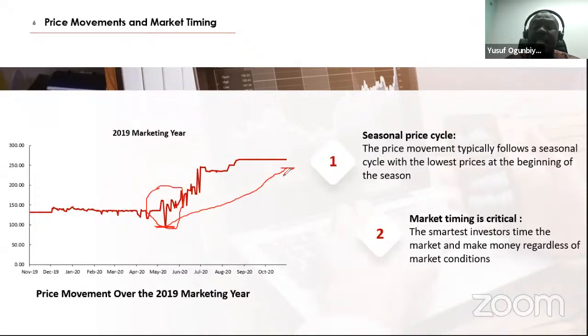So even though prices are at their lowest during harvest, we still have intra-season movement that allows investors to make some money as the prices go up. So that's one thing we should also know. Number one, in entering the market, you think about the cropping cycle and how that affects price movements. And then one thing you should also pay attention to is market timing. Having done your research, you are able to say, based on the research I've done, I think prices of maize will go up, notwithstanding whatever the prices are doing now. I think the prices will go up, and then you buy and watch the price rally, as the case may be.